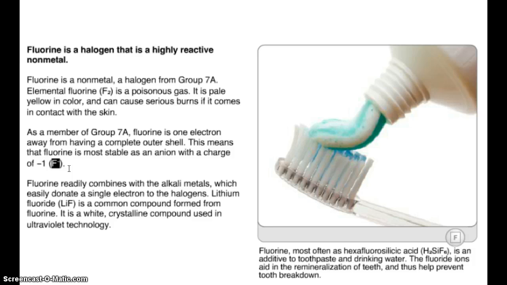Fluorine readily combines with the alkali metals, which easily donate a single electron to the halogens. Lithium fluoride, LiF, is a common compound formed from fluorine. It is a white crystalline compound used in ultraviolet technology. Fluorine, most often as hexafluorosilicate,